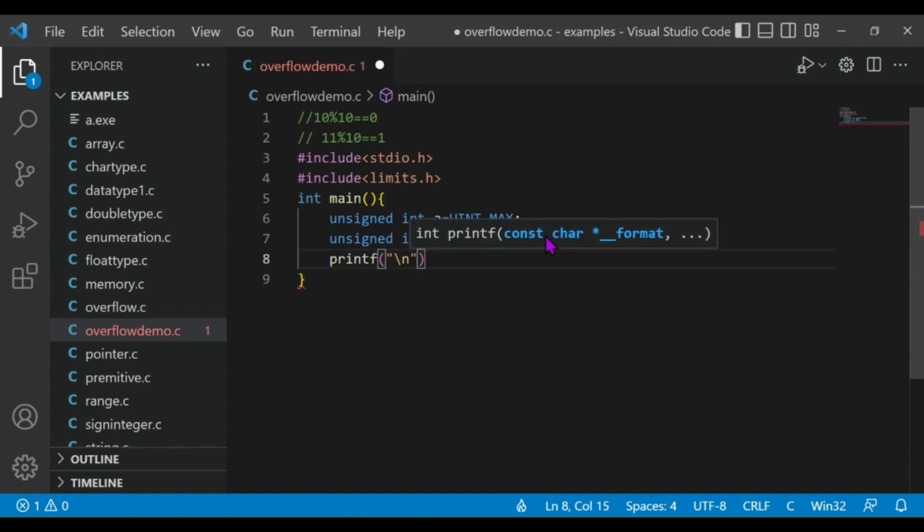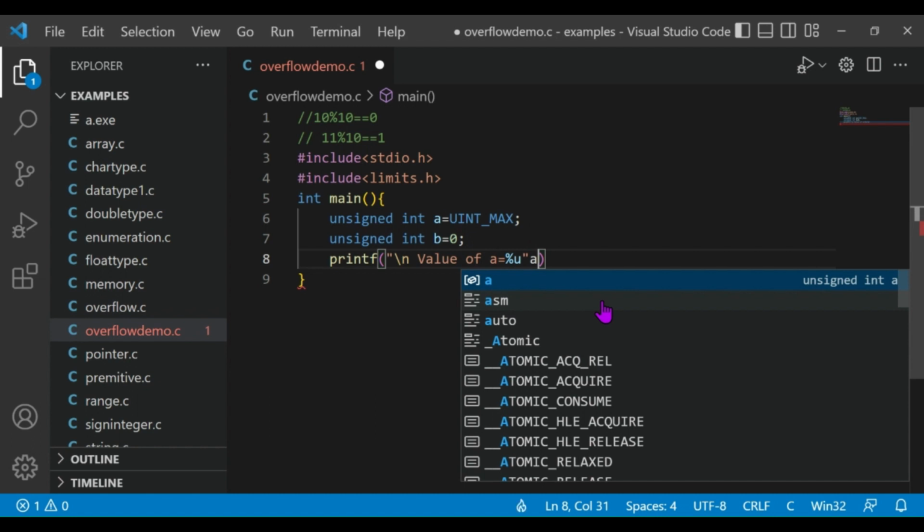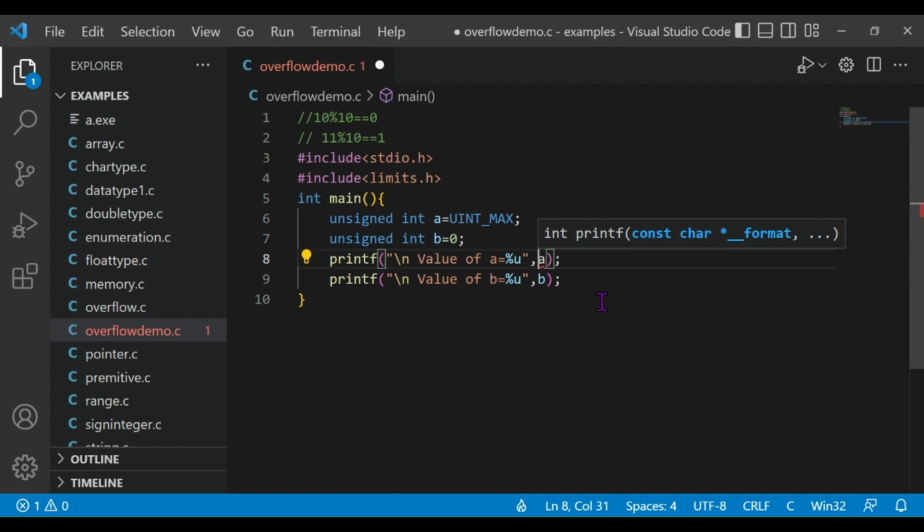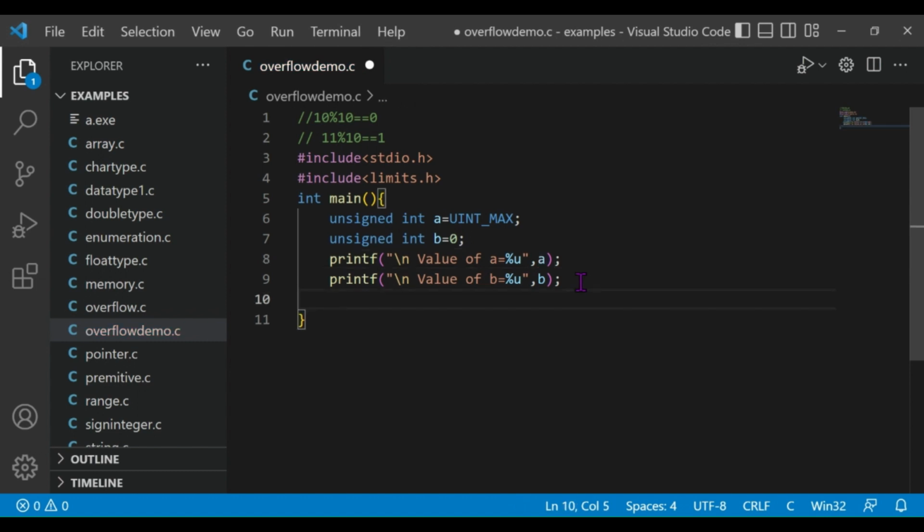So printf \n value of a equals to %u, that is the format specifier for the unsigned data type, and the variable name is a, and let me copy, and the value of b. I have to put the comma before the a and b, and now I'm going to increase the value